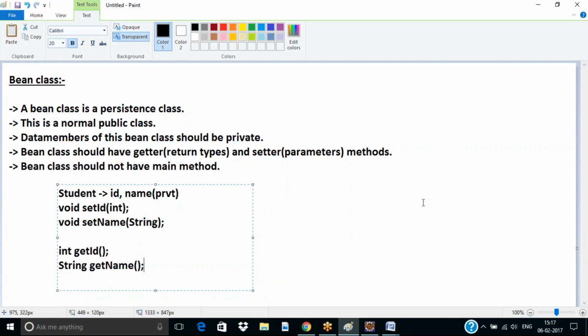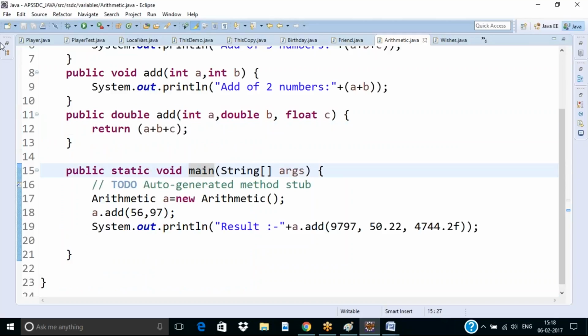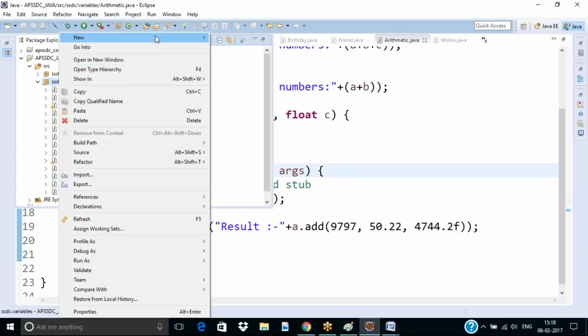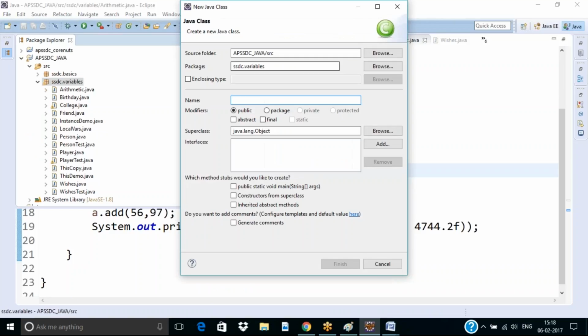So the get name is to return the string, and the get ID is to return the integer. Right? So be clear about this scenario, and we are going to execute the student bean class from another class, from outside of the class. Now let us create the student class, new class,